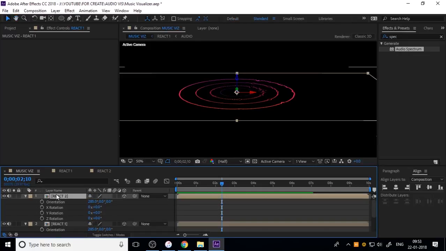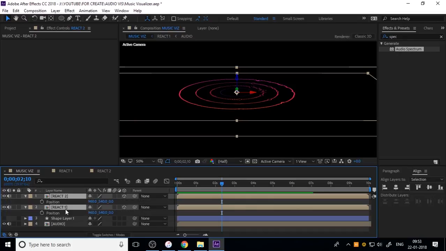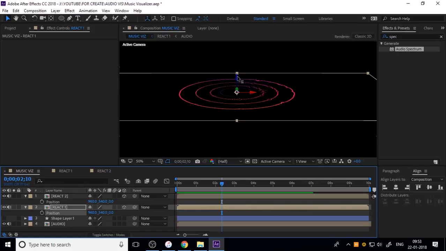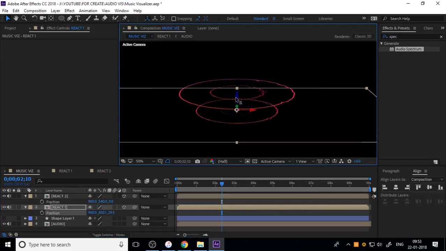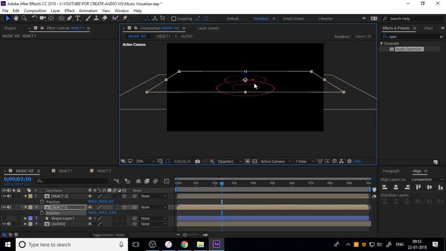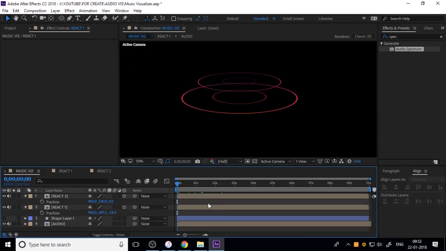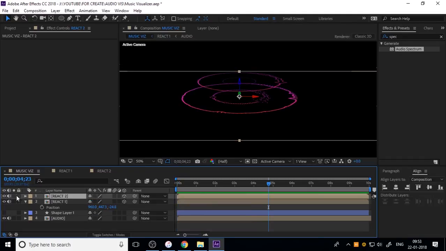You can see it here in 3D view, and I just set the position of this React to make it a lower size. And now you can see it's just like a 3D HUD style. Now we need to